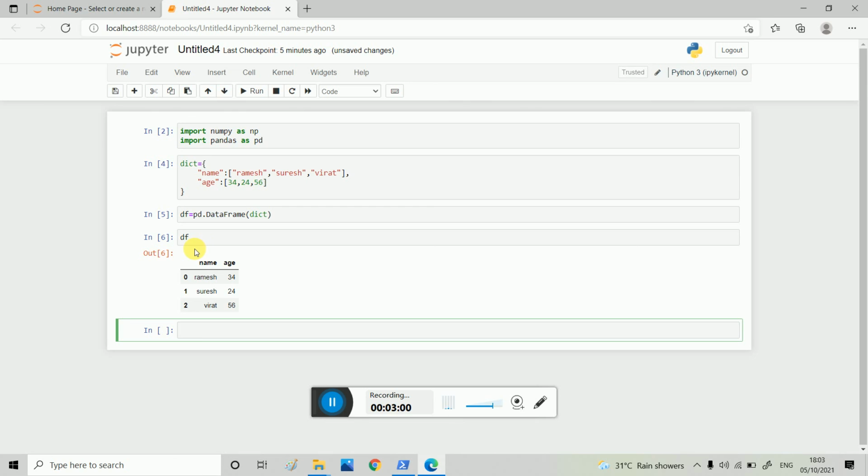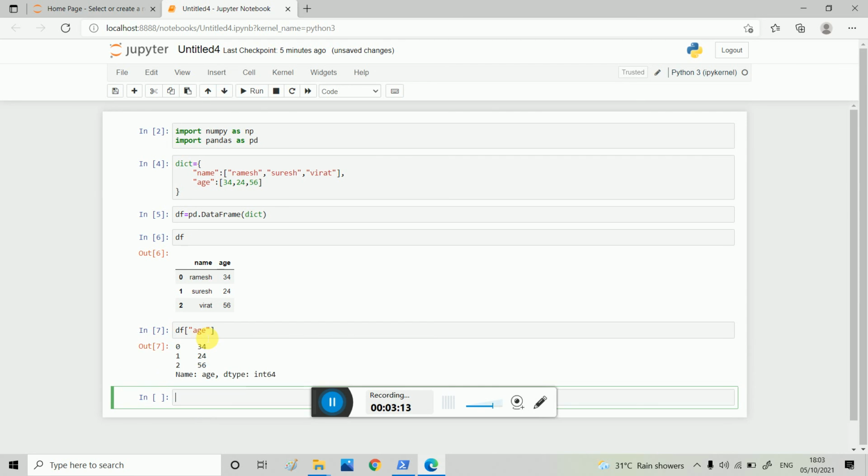And if you consider only one column, that is the name or age, then this is known as a series. So df of age is the series data structure.